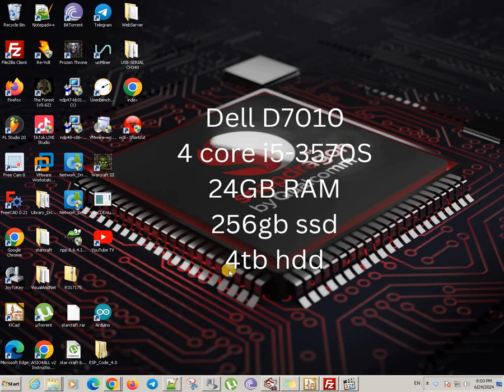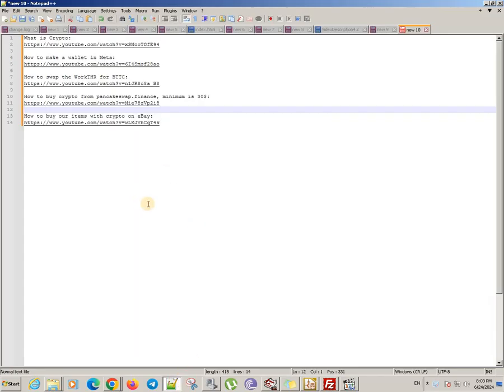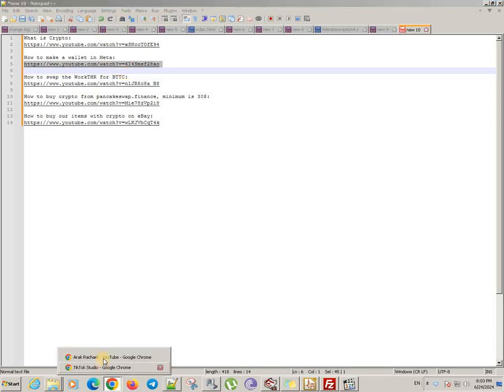Hi guys, today I will show you a simple tutorial that we have made about crypto. First we'll show you what is crypto, then how to make a wallet in MetaMask, and then here let me